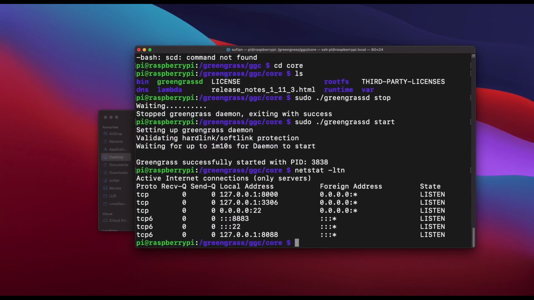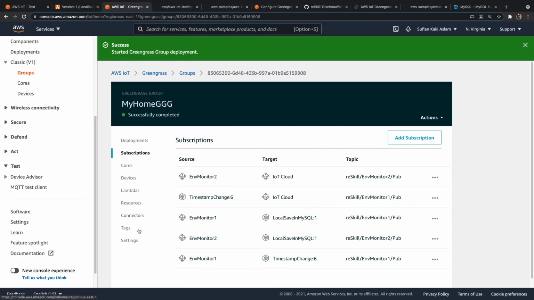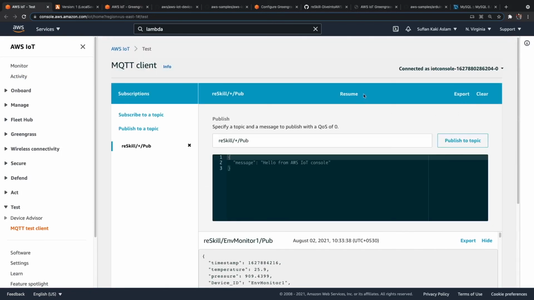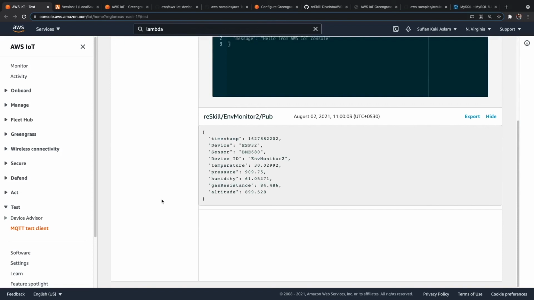I'll quickly reset my IoT devices as well. What I now know is that we deployed the Greengrass group already. If I go to the MQTT test client, clear it all, and then resume it, I should see messages coming in from both of my IoT devices.